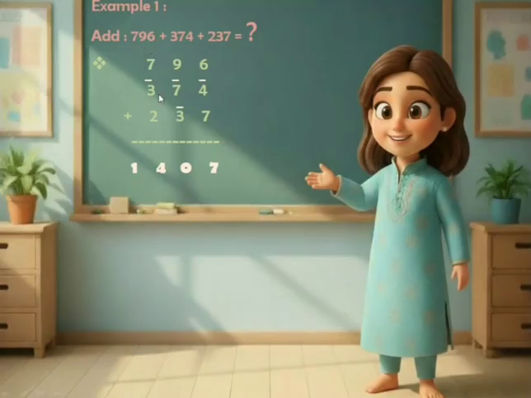So again, when we add 7 plus 3, we obtain 10 as result. So again, we will divide 10 in two parts. 0 obtained from 10 is added with 2 and we'll get 12 as result. But you remember, we had obtained 2 from our previous step addition, and we will add that 2 with the sum obtained here. So when we add 7 plus 3 plus 2 plus 2, we get 14 as answer. So the resultant becomes 1407. So you see, our addition not only becomes simpler and faster, it also saves our time and understanding.